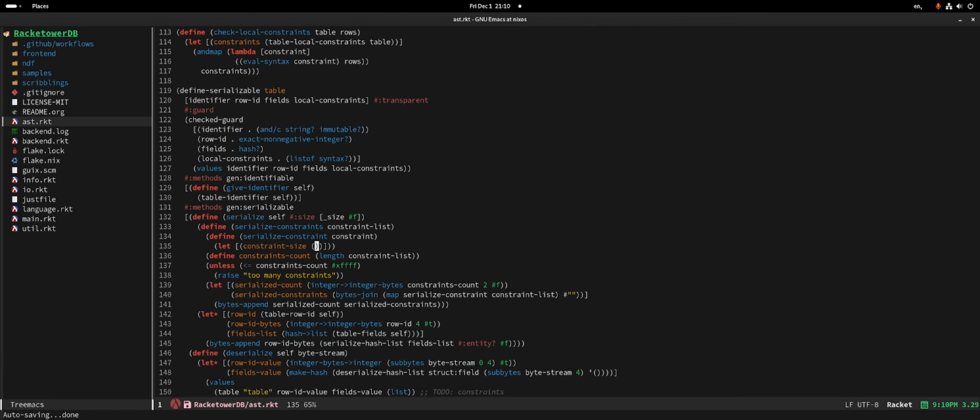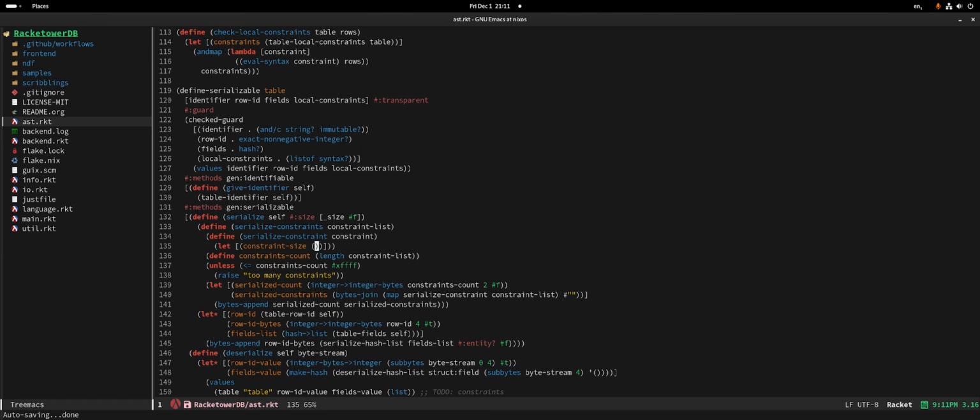Like we had decided the way we serialize it, there are 2 bytes telling me how many constraints there are in the file, right? Yeah. And then each constraint starts with 2 bytes telling you the length of the constraint, which is what I want to calculate now. You can't. You have to serialize it first so you know how many bytes there are, and then you count those bytes. Oh, so there isn't a way to pick a piece of code that is treated as data and get the length of it? I need to serialize it first. There is a way, but that would give you the wrong answer because